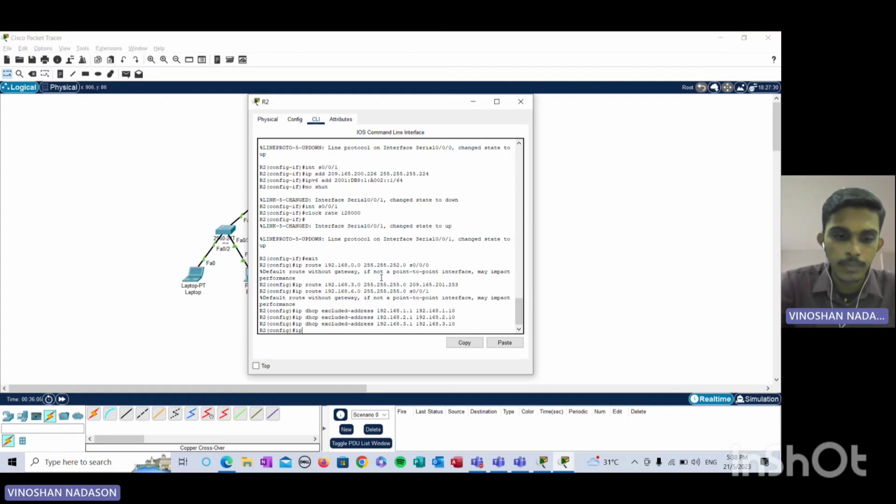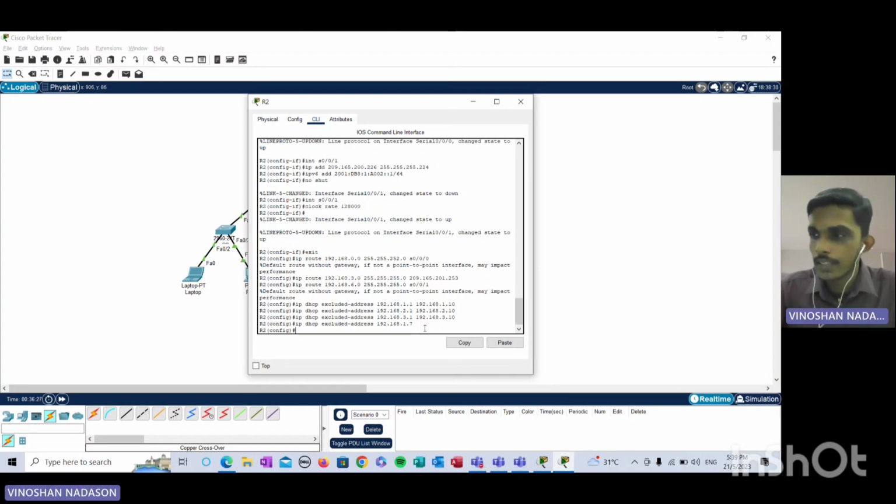So how we're going to do that is ip dhcp excluded-address 192.168.1.7. This is the IP address of the DNS server. And then next, we are going to use the pool name R1G0 for the G0/0 LAN and R1G1 for the G0/1 LAN. So how we're going to do that is ip dhcp pool